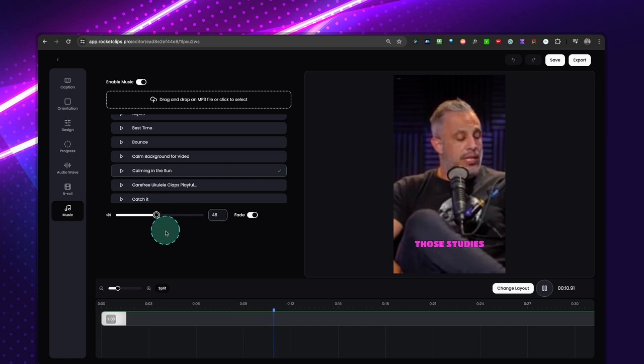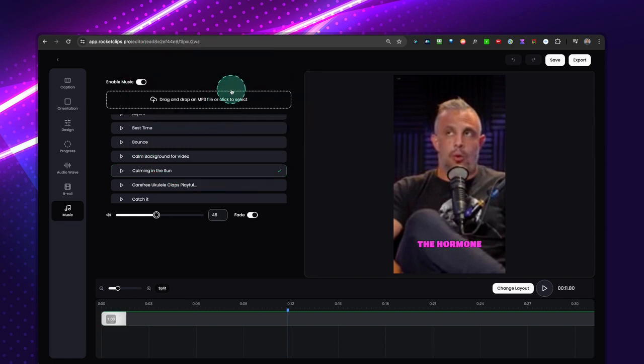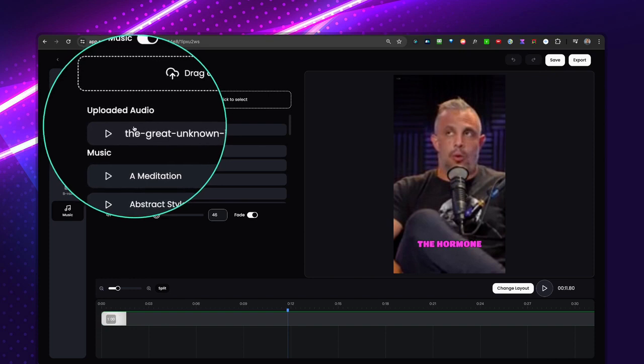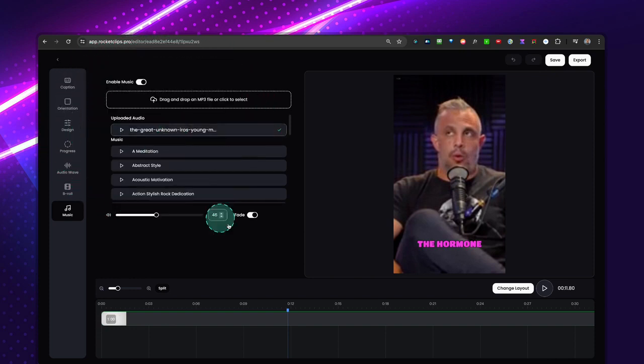But I remember those studies that showed So as you can see here, you can pick the music. You can also drag and drop your own MP3 files if you like to use your own music. And in that case, your music will be at the top at uploaded audio, and you simply select your audio, and then you can do the same thing. So you can play the video